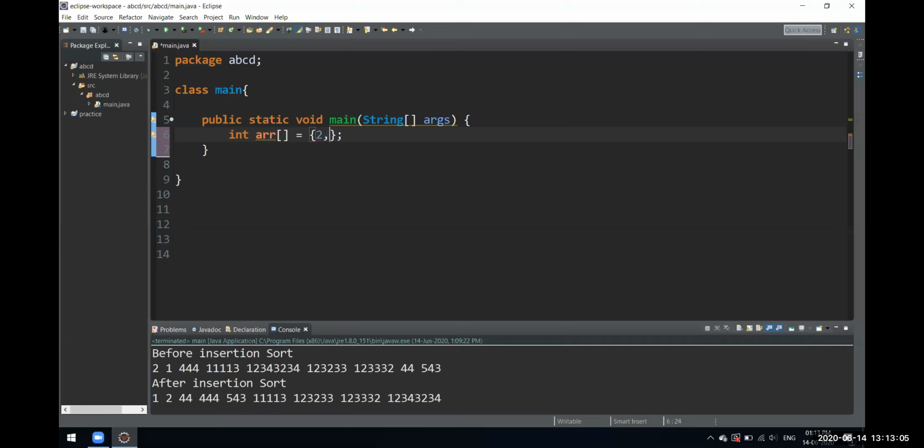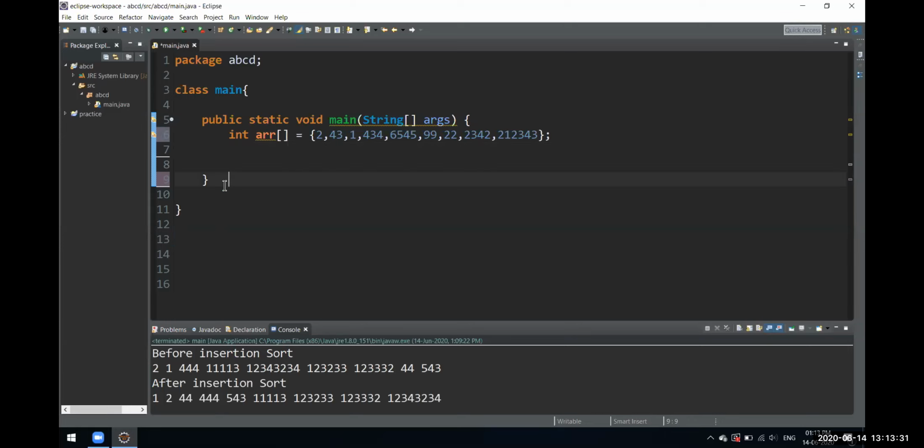Sorry, we'll use commas. Give it any kind of random elements. So this is our array, and that's pretty much it.